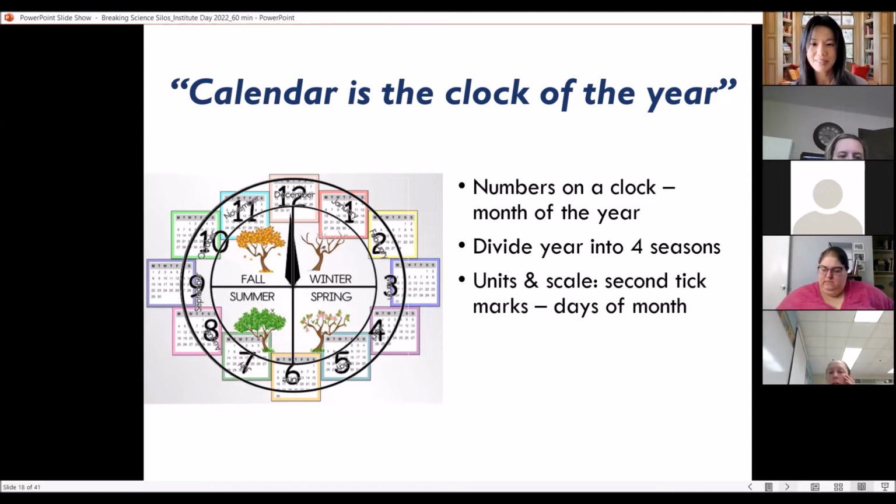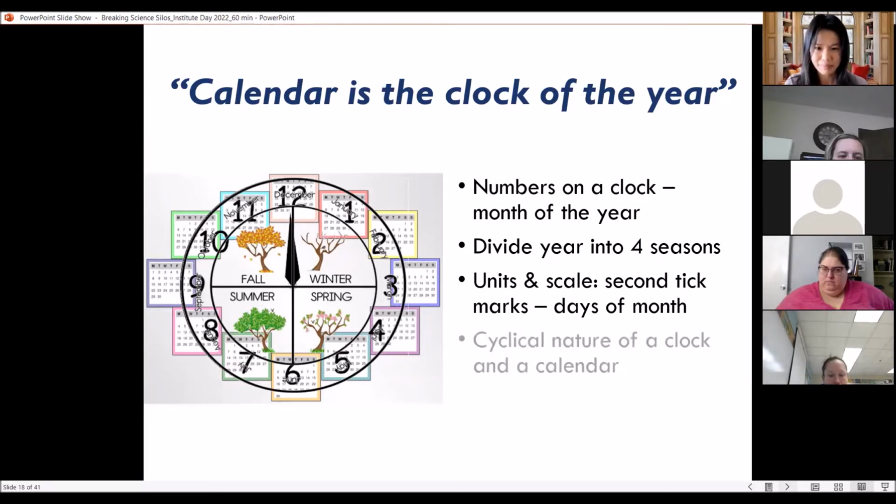For our math people in here, you could have a whole conversation about scales and units, right? We know that there are little tick marks in between the numbers on a clock. That can represent minutes, right? If you were to imagine there were all these little tick marks between where December and January were, how many tick marks would there be? And what would they represent? One argument is that you could say, well, I would have 30 or 31 tick marks to represent the